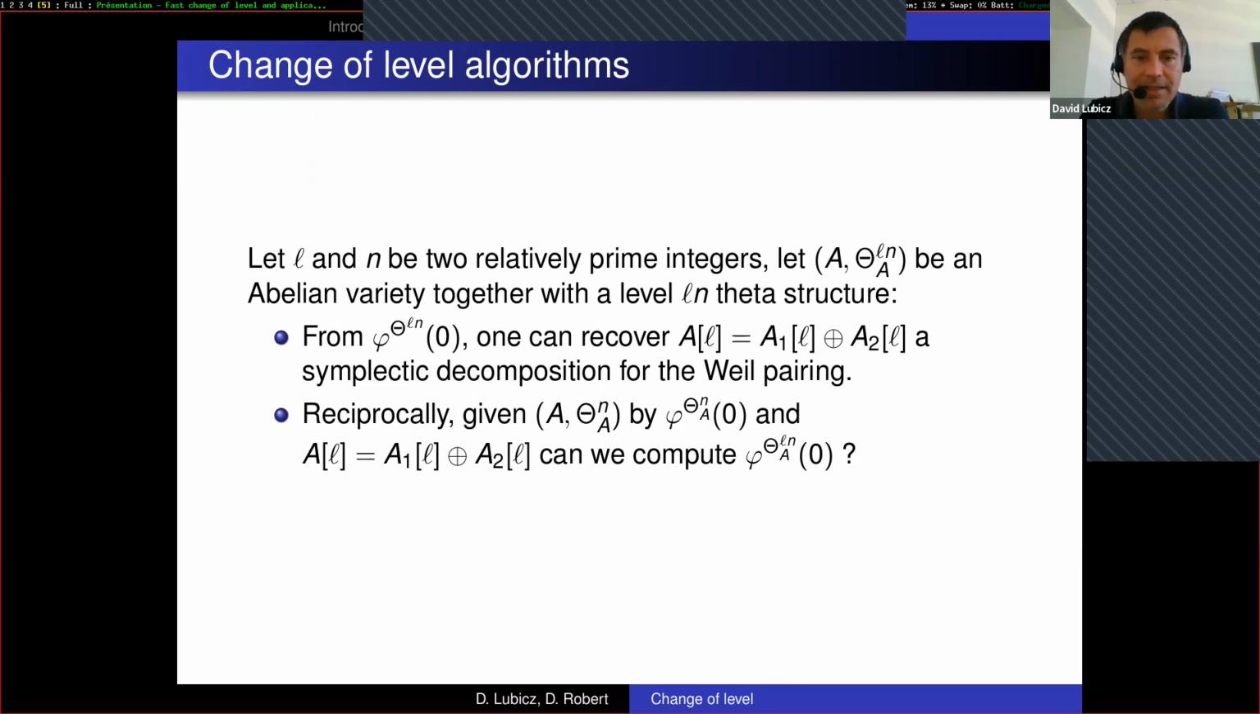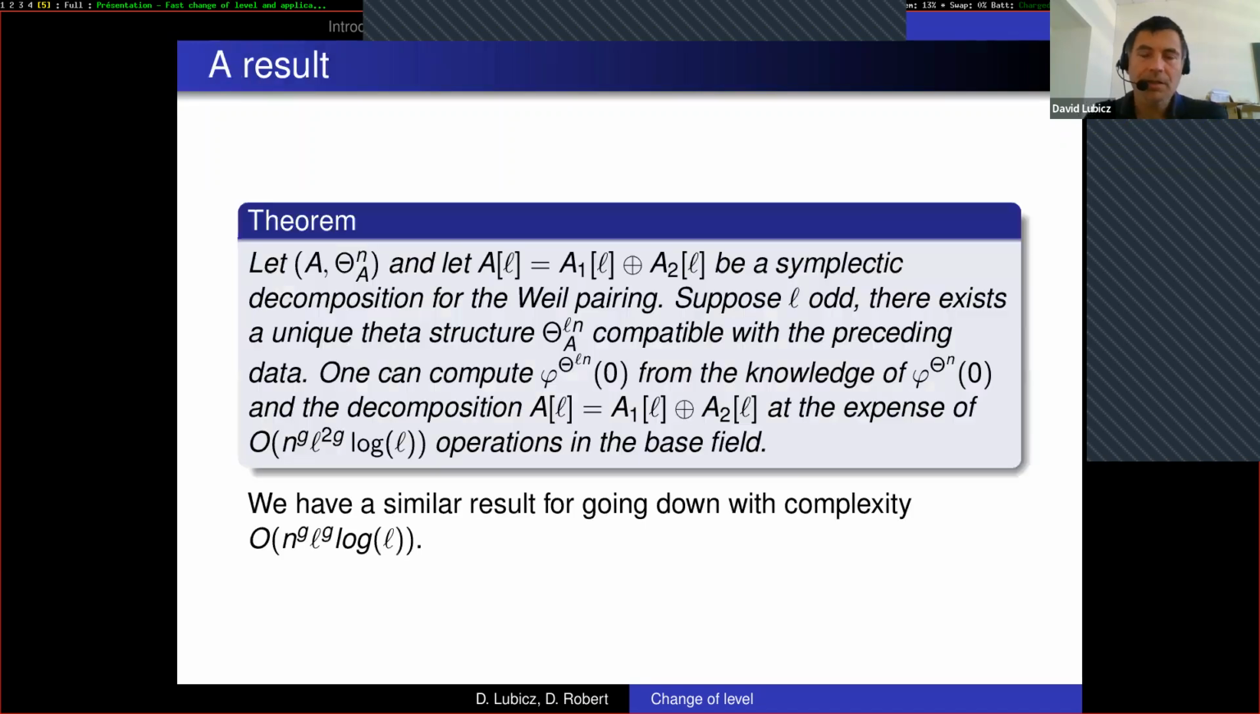So one can ask: if we are given an abelian variety together with a level n theta structure by its level n theta null point, and suppose that we are given the L-torsion and a symplectic decomposition of the abelian variety for the L-torsion, can we recover the level Ln theta null point? So we answer yes to this question in our paper, and we give an algorithm which, from the knowledge of